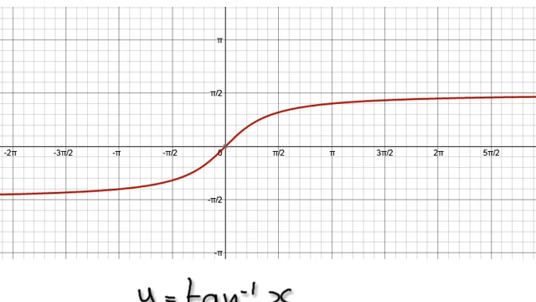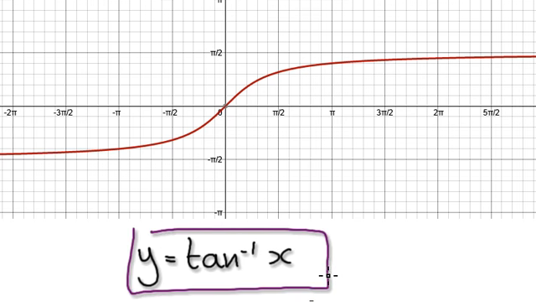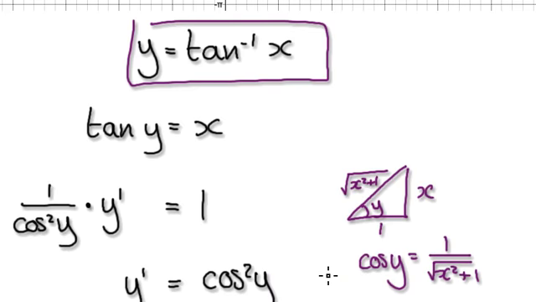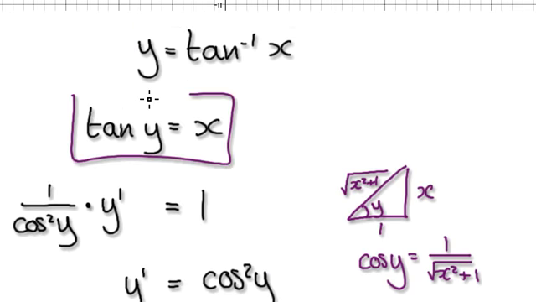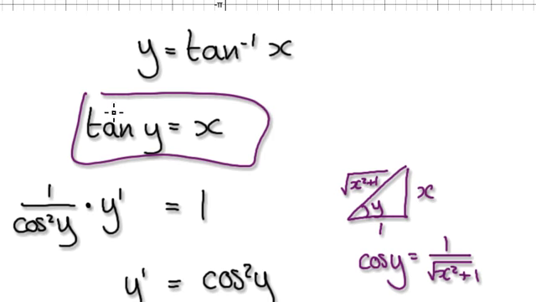Now I'm going to condense all the explanations I gave you in the previous few videos. So we were trying to differentiate y equals inverse tan of x here. So we would start here, and then tan equally to both sides. That would then take us to this stage here. And then from here we would implicitly